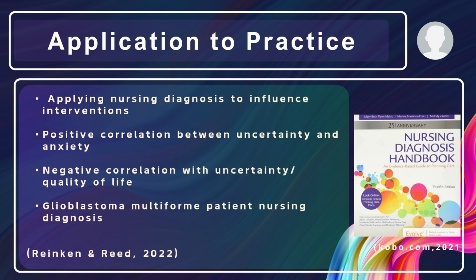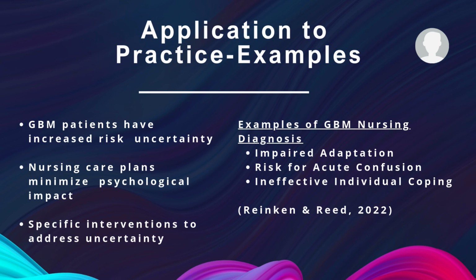This slide focuses on how the theory can be applied to nursing. GBM patients might experience higher rates of uncertainty due to cognitive changes or rapid memory loss from their brain tumor. An increase in uncertainty can inhibit patient coping, and also uncertainty can be due to the patients having a warped sense of reality. On the right side of the screen, you'll see examples of nursing diagnosis that can be applied